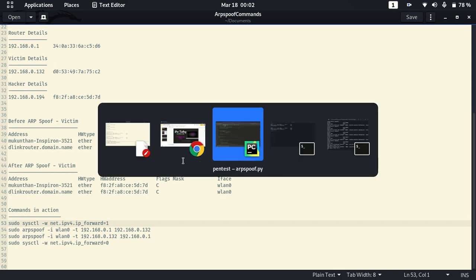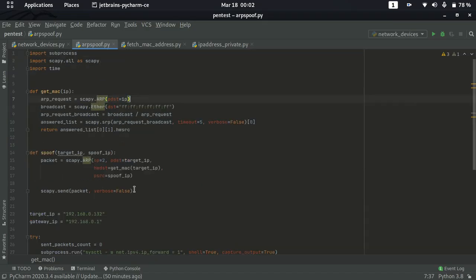The same thing we are going to do here, but we will have some extra functions to provide inputs for creating the ARP response, because ARP spoofing is nothing but continuously sending ARP responses to the targeted machines with our required inputs. In order to create the ARP response, we need the MAC address for a given IP address. For that we have one function.